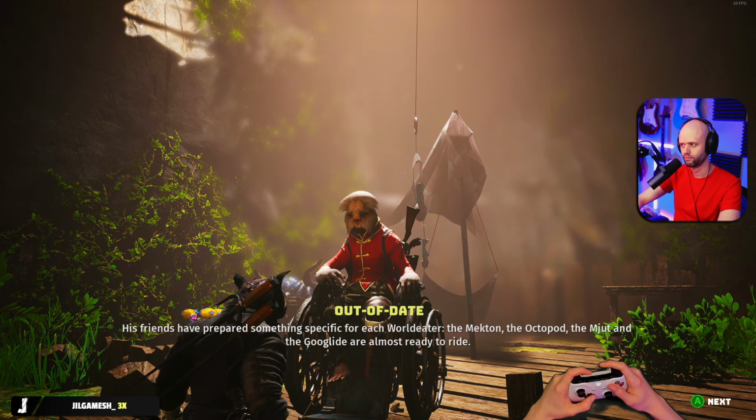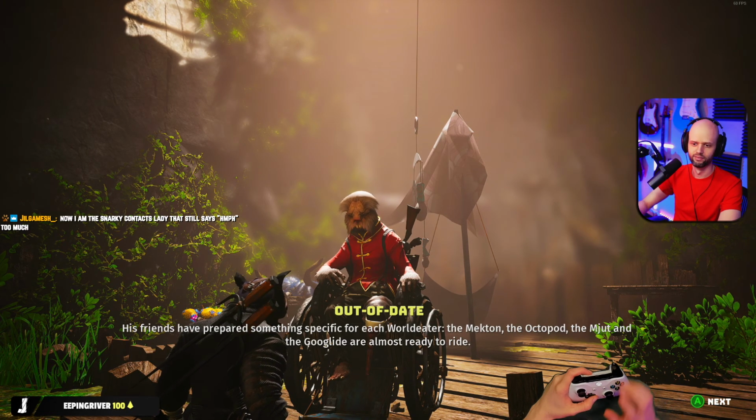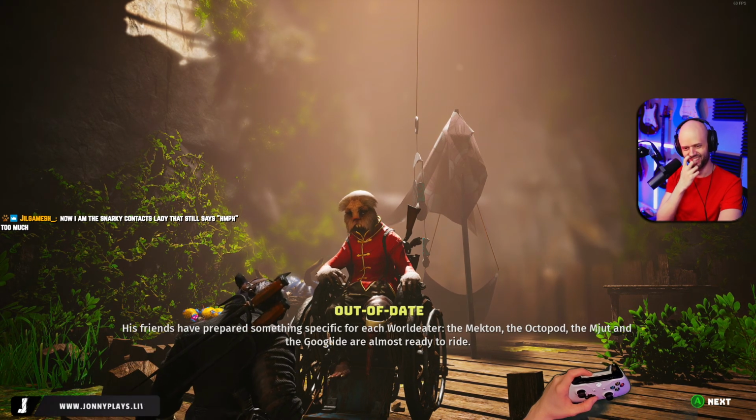His friends have prepared something specific for each World Eater. The Mekton, the Octopod, the Majute, and the Goo Glide are almost...